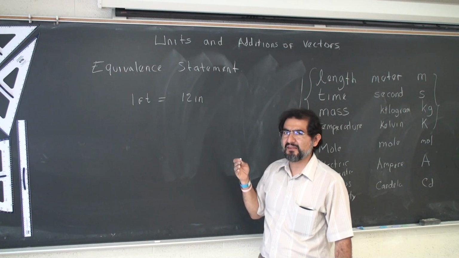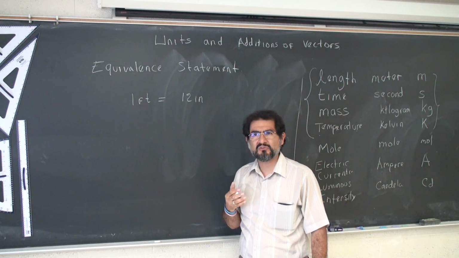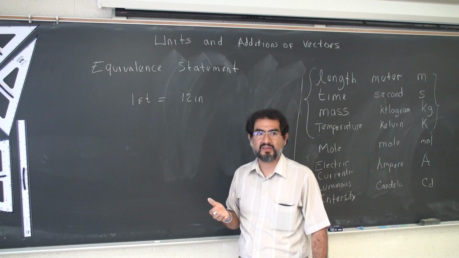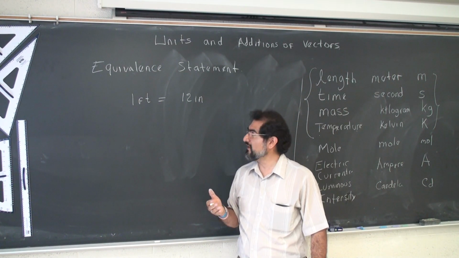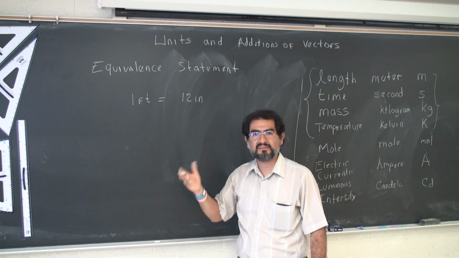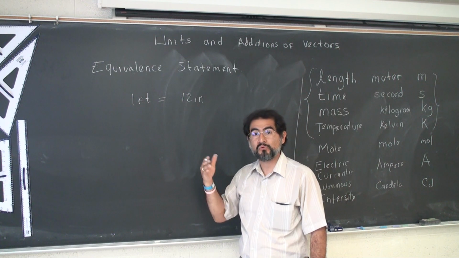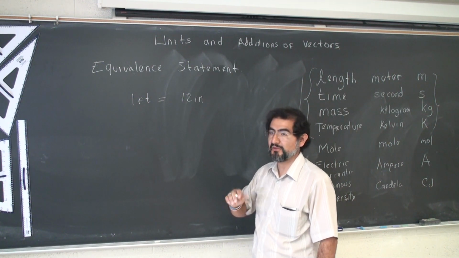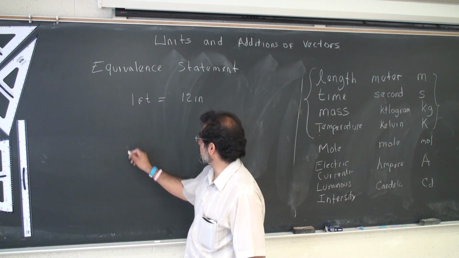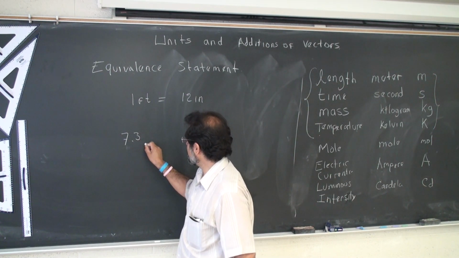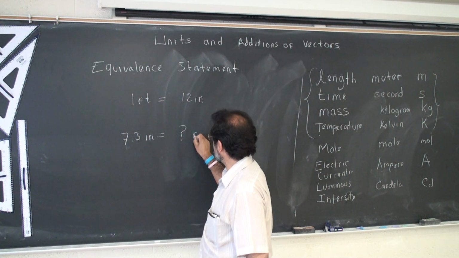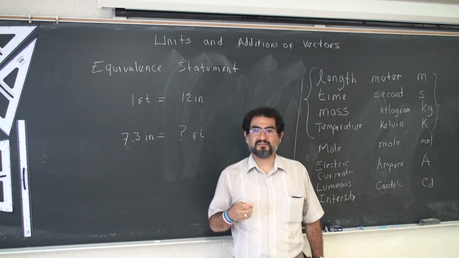This is exactly how we express an equivalence statement. But an equivalence statement is not really useful unless you transform it into a conversion factor. A conversion factor only expresses this in fractional form, which can help you to cancel or transform from one system of units to the other. Let's try one example. Suppose that we have 7.3 inches